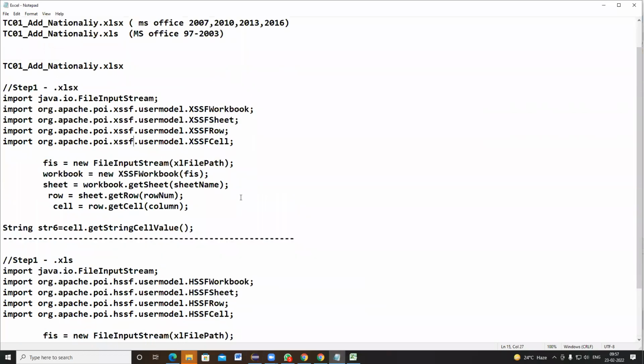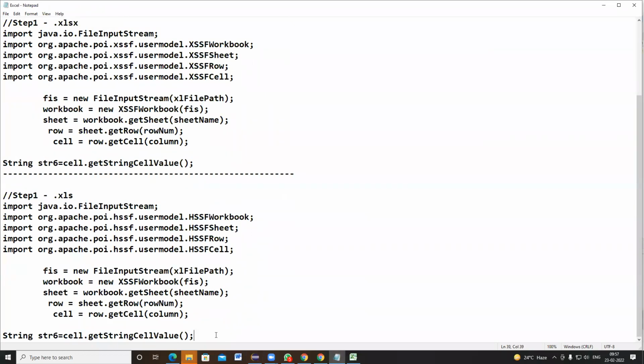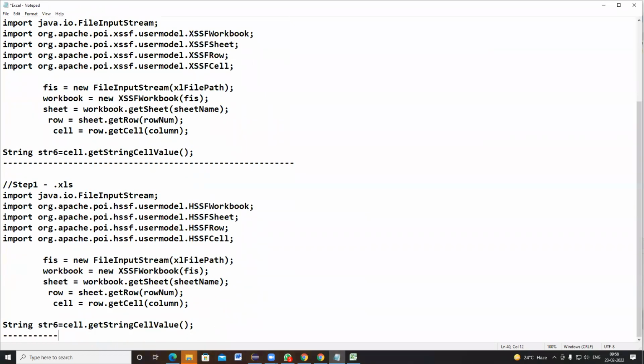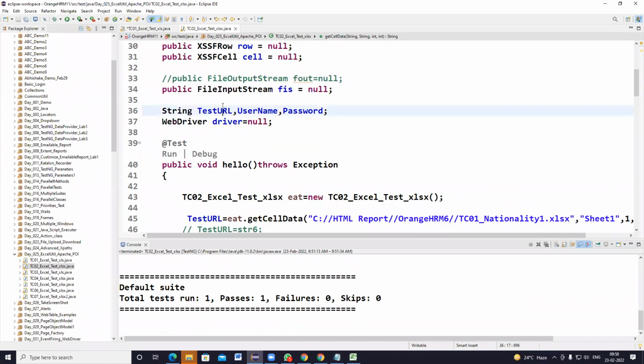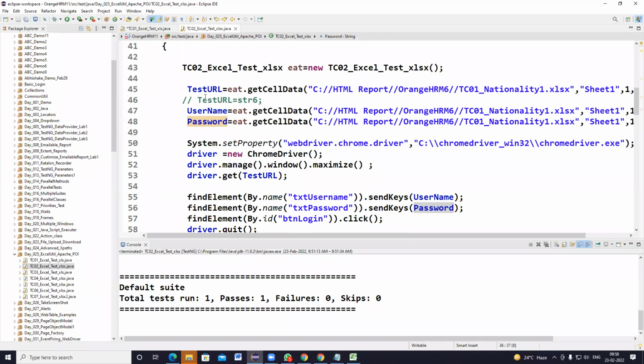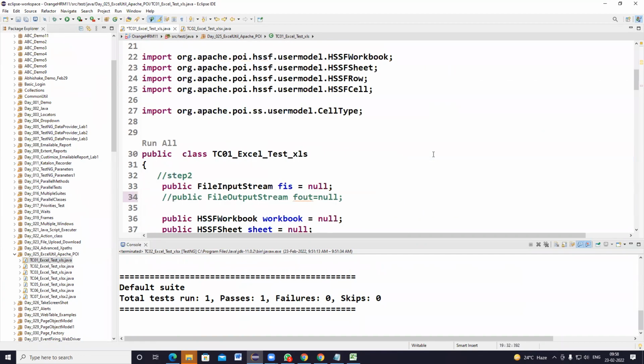Okay, right. So now in programs 1 and 2, you understood how to read input data from an Excel. You are reading input data from an Excel, and those values are loading into the variables. That is what we understood. If it is .xlsx, we understood, and if it is .xls also, we understood. Process-wise, just the supporting class files are changing.